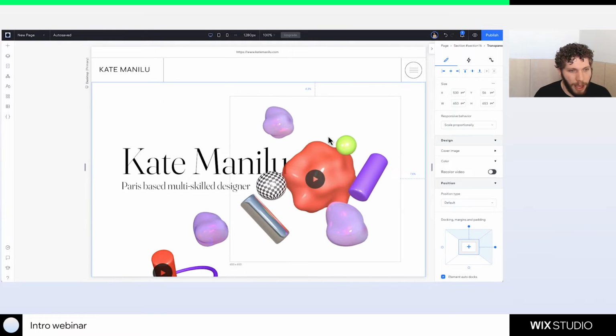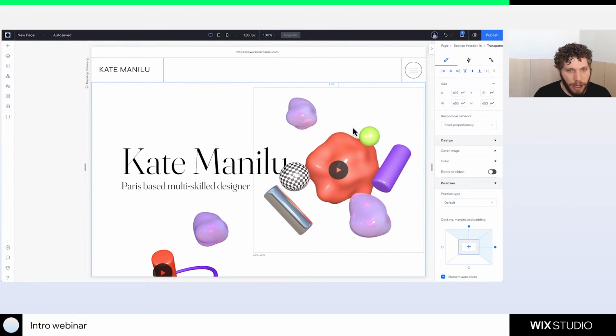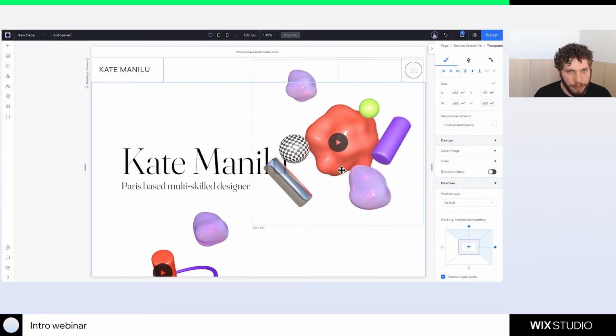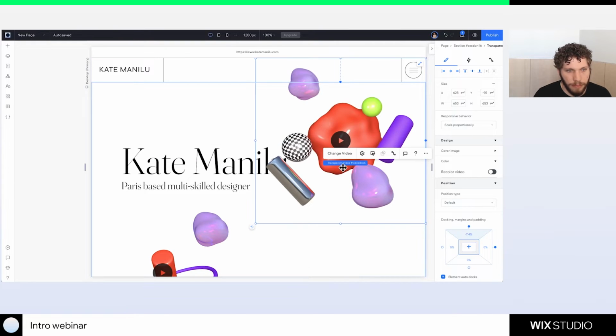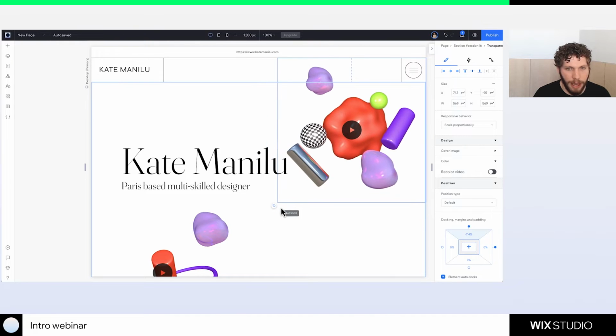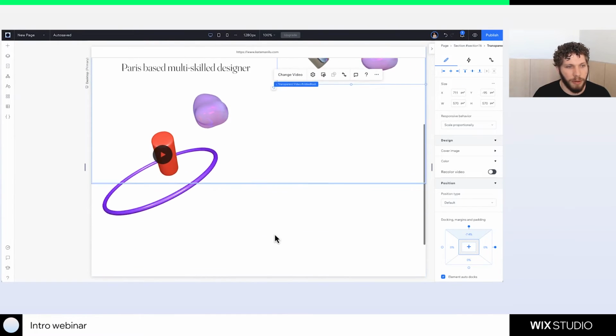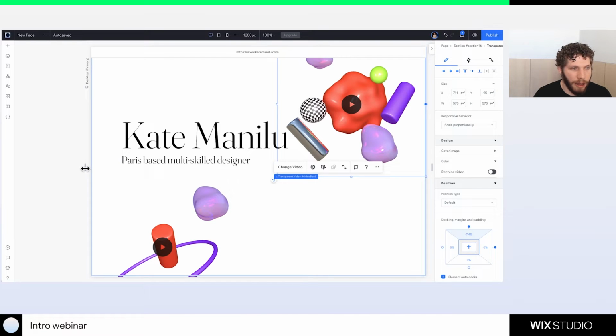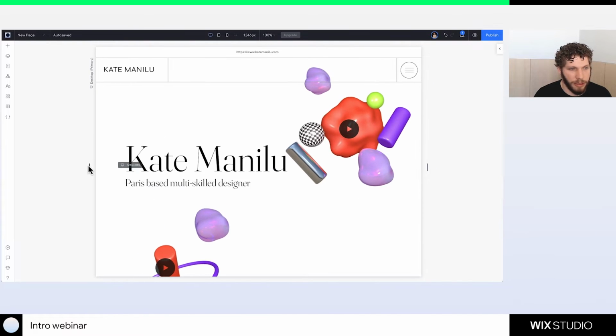All right, so now we have it here. Let's just drag it all the way up. There we go. And we can obviously play around with the size. Again, it's also scaling proportionally. It's very important to check out what it looks like as you're scaling proportionally to see if this is the